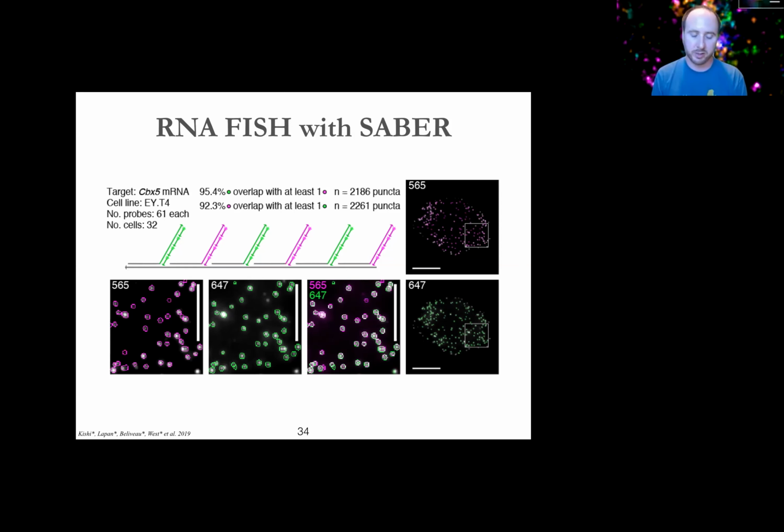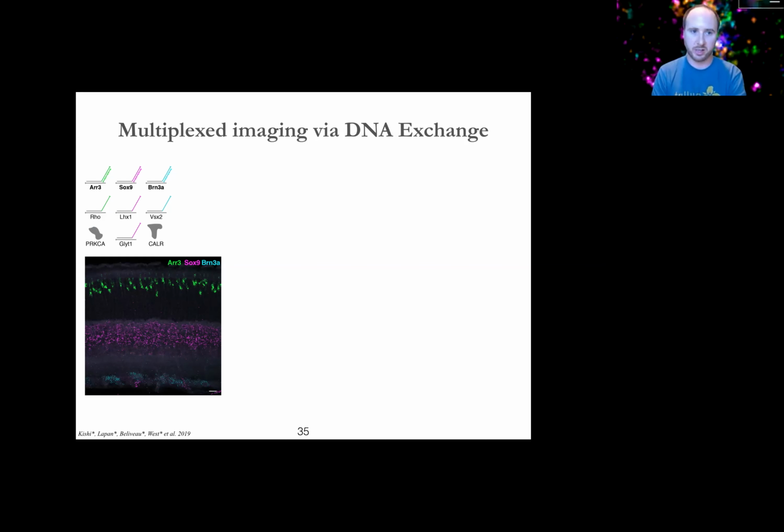So what we can do with SABER, in a very similar way to what we were able to do with the DNA paint, is program distinct sequences to concatemerize in the PER reaction and then recognize with the fluorescent detection oligos. So here's an example of that where we have 7 different RNA targets, and we're going to add 2 protein targets at the very last step. This is in mouse retinal tissue, work by Sullivan Lappin and Emma West in Connie's lab, who did all of the sample prep and imaging here. They've hybridized all 7 RNA probes in one step overnight, and then added in a secondary hybridization the fluorescent oligos for the first 3 targets in 3 distinct fluorescent channels.